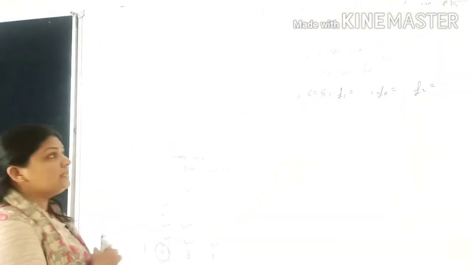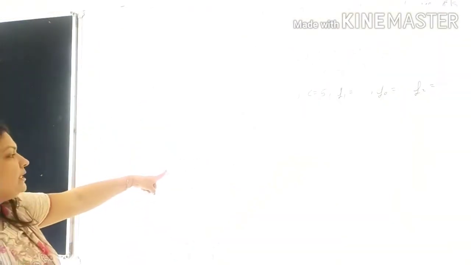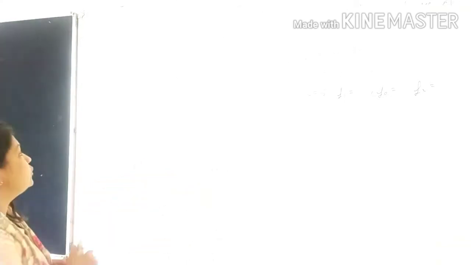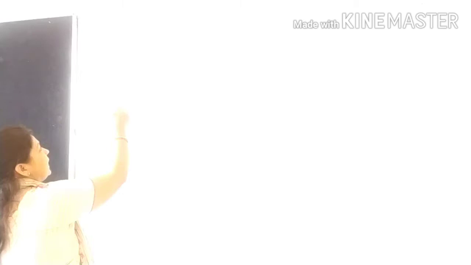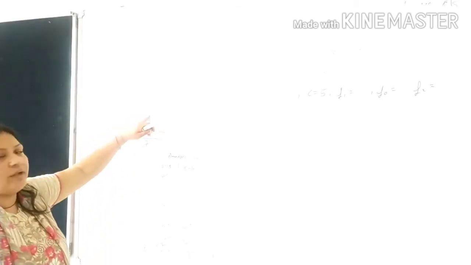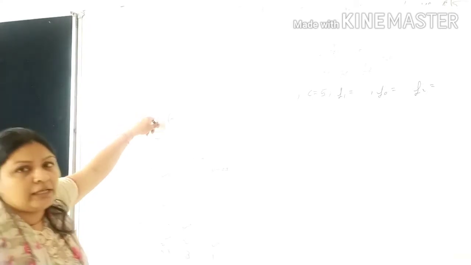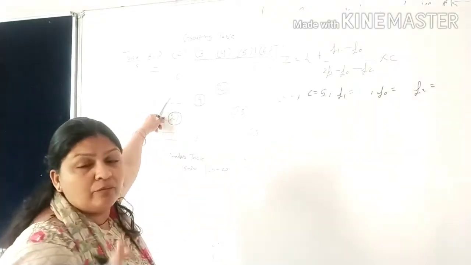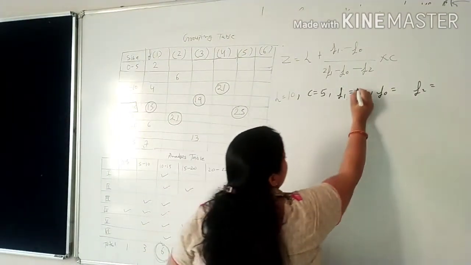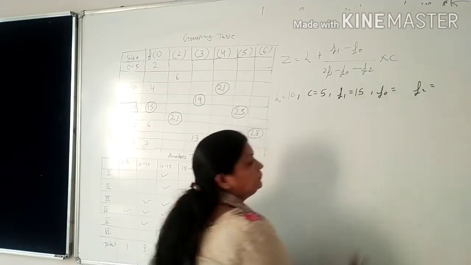So you just think about that. Which is our group class interval? 10 to 15. So see, this is the 10 to 15. Fine. Whatever the frequency of 10 to 15, it is your F1. Whatever is your frequency, it is your F1. So your F1 equal to 15. Clear?